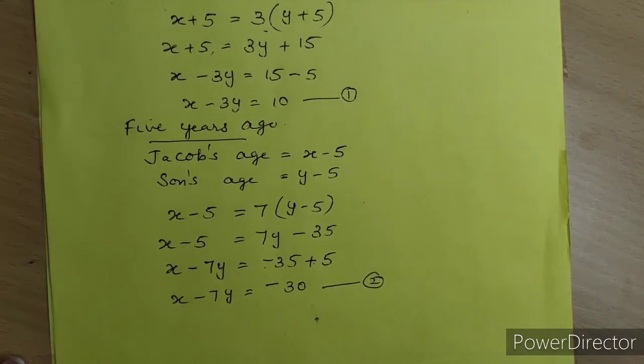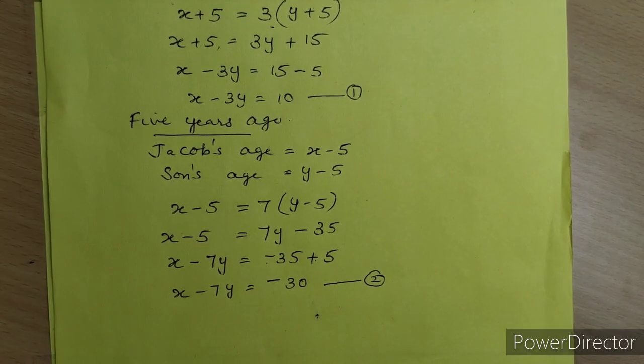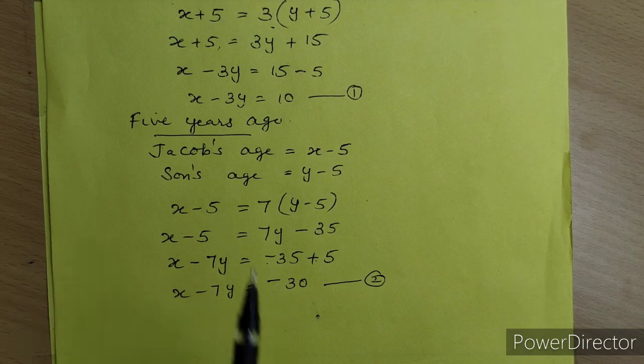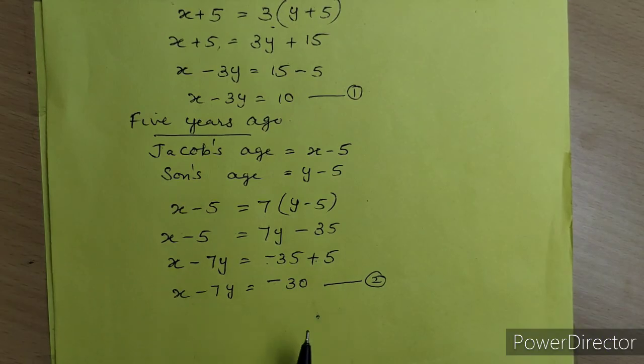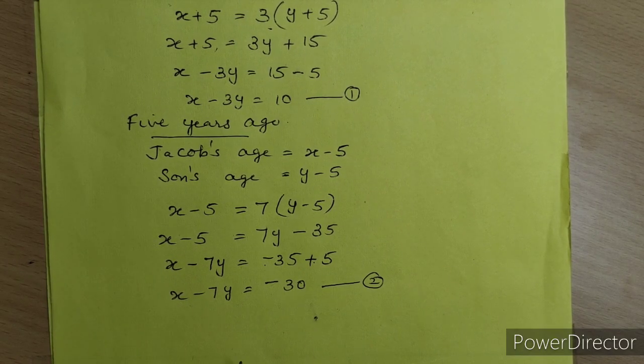Second equation. Now in the substitution method, you know, first equation you have to take the x value, then substitute in the second equation. You will get the y value also. So you will get how much is son's age and how much is Jacob's age. The x value will give Jacob's age and the y value will give son's age. So this also you can do as homework. Complete this. So this exercise also is over here.